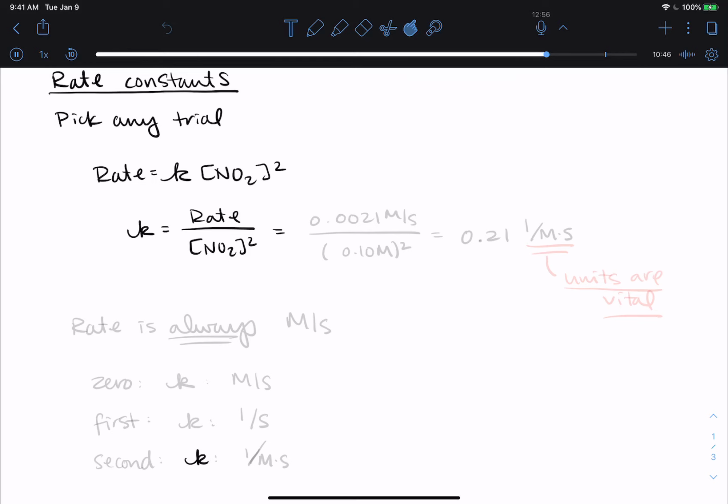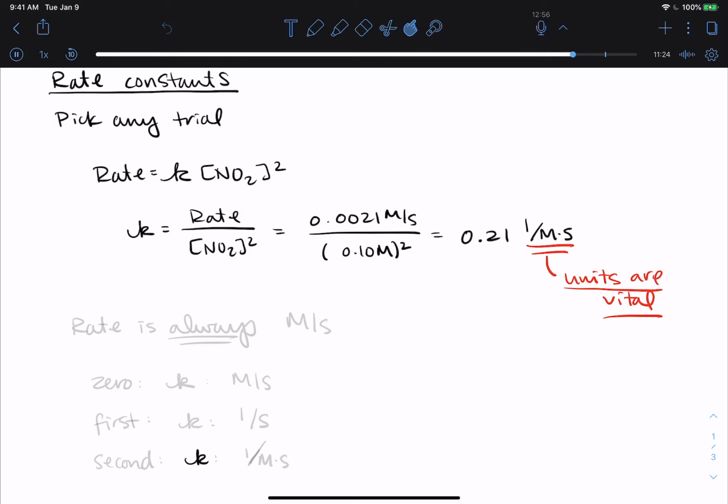It looks like I picked trial 1. My rate was 0.0021 molarity per second, and my concentration was 0.10 molar, and I'm going to square that. So my value is 0.21, and my units are 1 over molarity times seconds. You're like, those units are nuts. Those units are vital